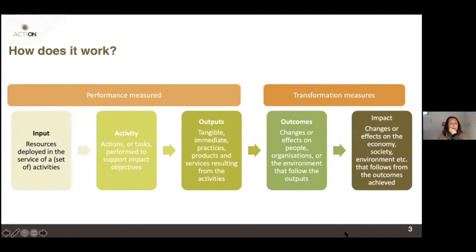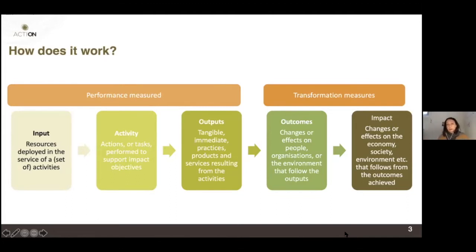The methodology we developed is based on the impact logical framework. So we start with analysis of the input, which is not only the funding that Action is providing you, but also what was there before. Especially this year, your pilots are building on top of already existing activities. So it's important to be able to trace a line and see what was there at day 0, at day 1, and what will be there at the end. Then we monitor activities, output, outcome, and impact.